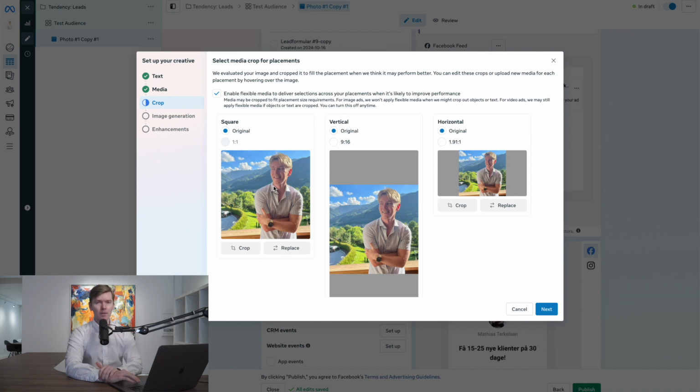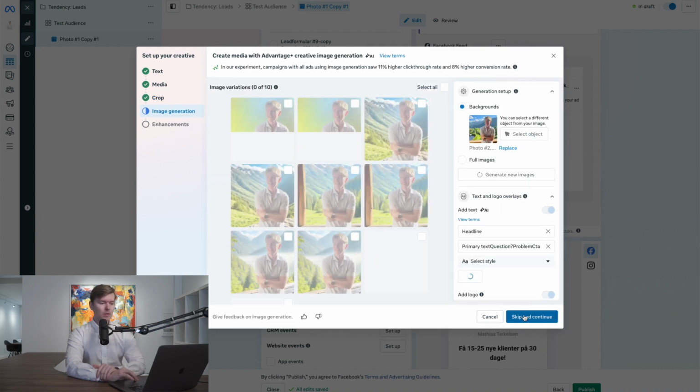So don't overcomplicate this. If you have some photos that you are open to share that are very similar to this, or just native to the platform, it could be any other post on the platform, it's going to work so well because Facebook and Instagram reward photos like these because they don't look like ads. And if something looks like an ad, guess what? Most people would just scroll past it. But many people would stop and see, oh, hey, what is this about? So keep it very simple. This is the key to the strategy. Keep this very simple. So next up, we're just going to skip this.